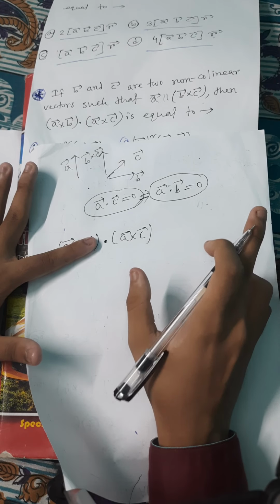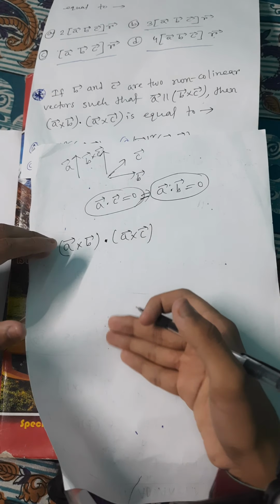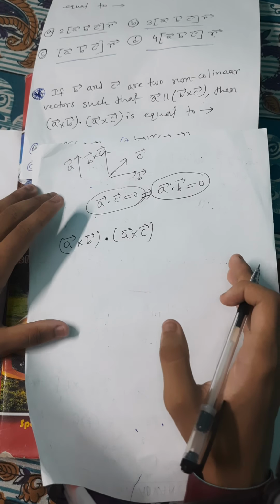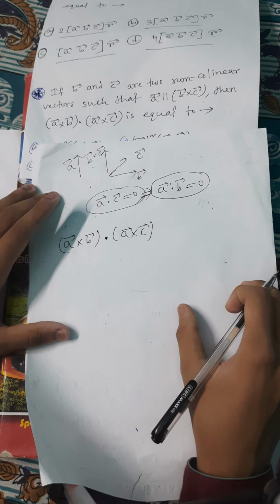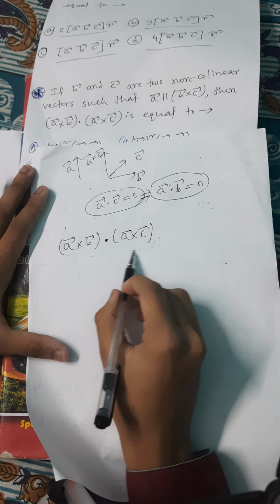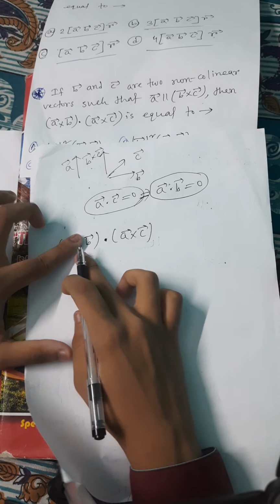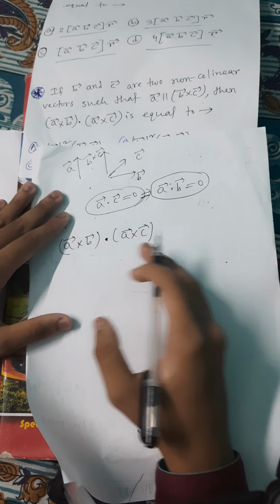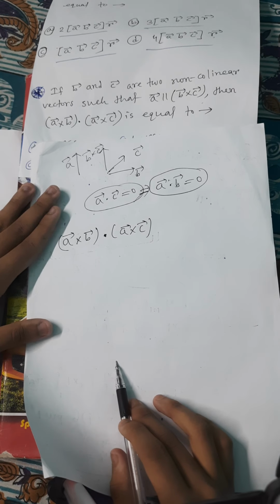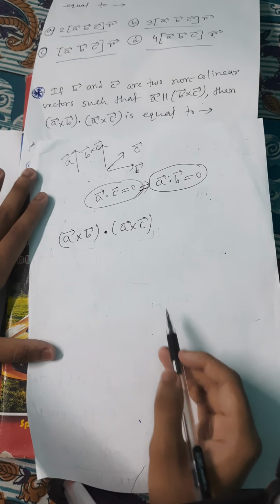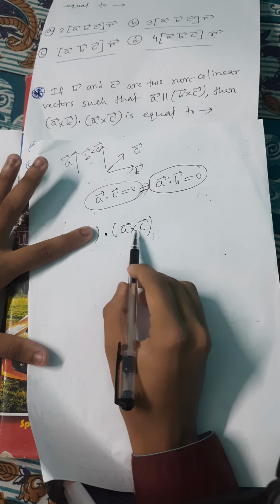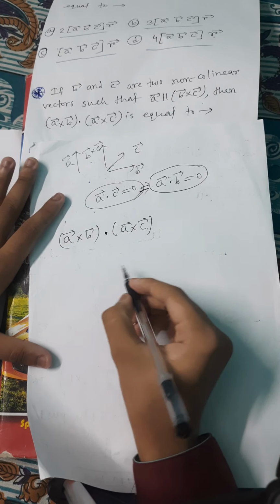Okay, remember that, because otherwise if you make some mistake in steps and mistakenly get a vector answer, so if you know the logic behind this, if you know the meaning of this expression, whether the ultimate result will be vector or scalar, then you can predict that your answer is wrong and you can check your steps. So the concept is required. This is a vector, and you are taking dot product with a vector because a cross c is a vector, okay.